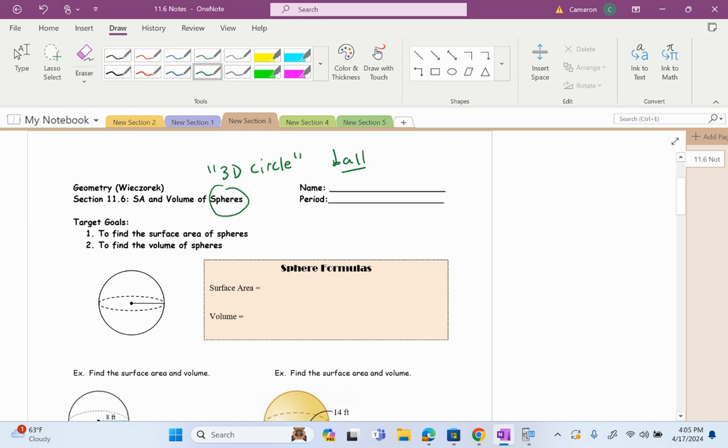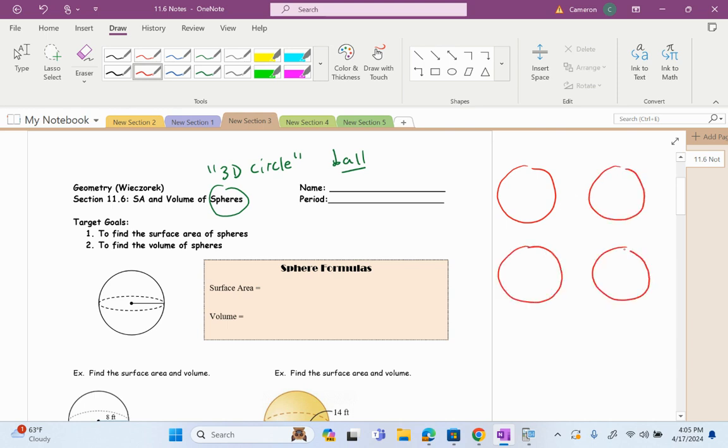So to find the surface area of a sphere, I had you check out the little orange peel video linked in the agenda. If you haven't watched that yet, pause me here and go check that out. But basically, anybody can try this. If you peel a clementine and you draw